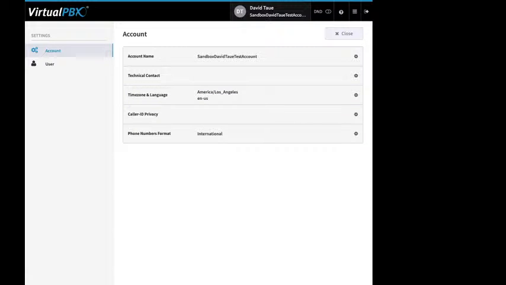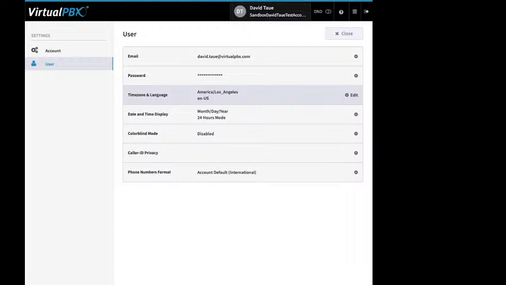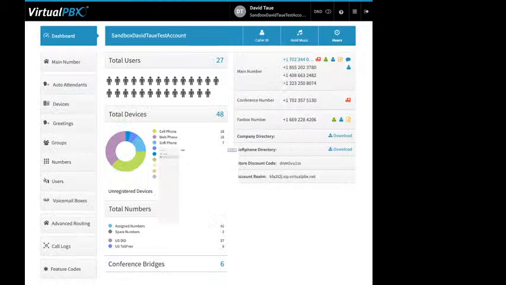On a live account, you have another section here for admins where you can update your credit card information, see your service plan, and also get invoices. Also, that first time logging in, a little wizard will pop up, giving you highlights, basically, of what things are and what you can do. When you're done, go ahead and click Close here at the top right, and you'll be back here on the dashboard page. So along the top here, again, you click on your name. That will take you back to that